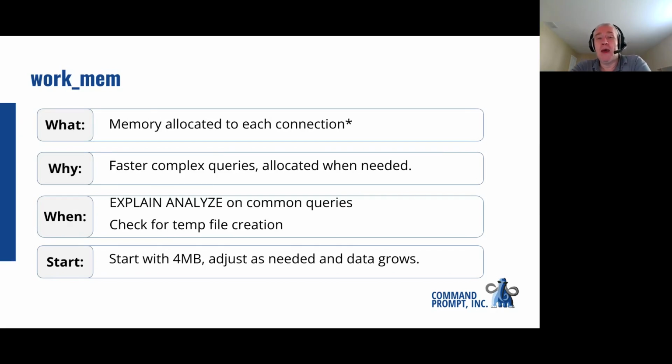Work_mem. So this is memory that can be allocated to each connection. It is a bit of a misnomer because on a modern Postgres, it can actually go double the amount. The usual default starting point is something like 4 megabytes, I think. But it's common to have like 30 megabytes, 60, depending on the amount of data that the query is expected